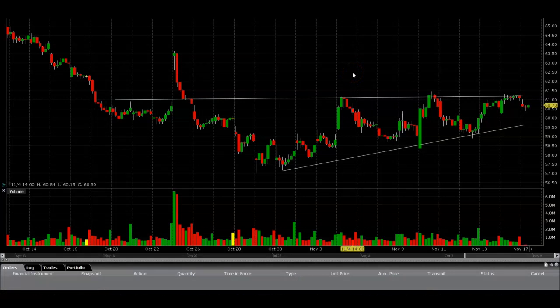All right, everybody, this is the hourly chart of Gilead Sciences on my Interactive Brokers trading software. What I am looking to do is purchase some options that are out of the money. I'm probably looking at the 63 strike price about 10 days out. So I'm thinking that we have a decent chance of pushing through this resistance level right here, and if we do, it should be a nice move up, and these options should appreciate quite nicely if we do get that move. This is a high risk, low probability trade, so I'm not going to be jumping in with a lot